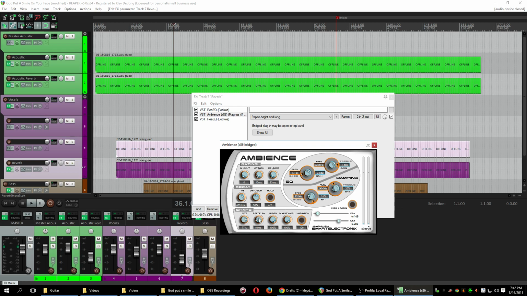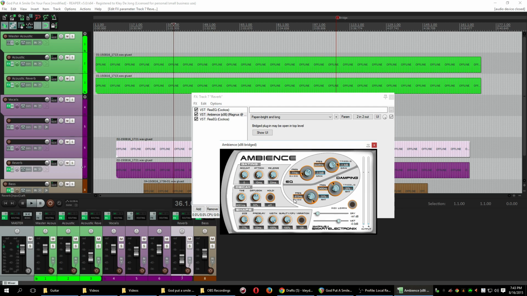A pre-delay gives you a little bit of space in between the initial attack, so you can be clear on the front end, and then it gives you a little bit of space before the reverb actually comes in. Width gives you pretty much just like it says, width versus a more narrow focused reverb. And then lastly is the dry and